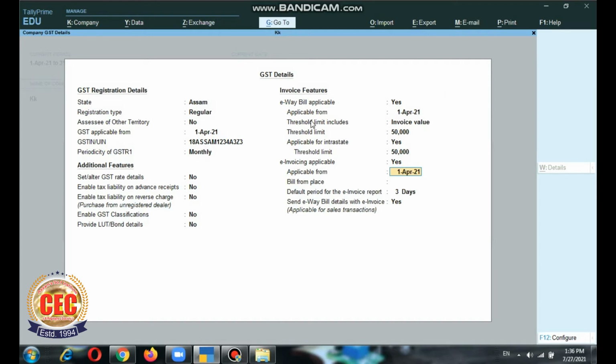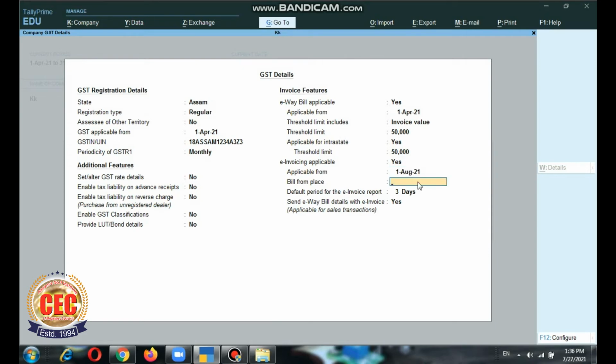The e-way bill is applicable from 1st April 2021, which is the financial year starting date. From the date for which you want to apply e-invoicing, you will have to enter that date here. So I am setting it as 1/8/2021.